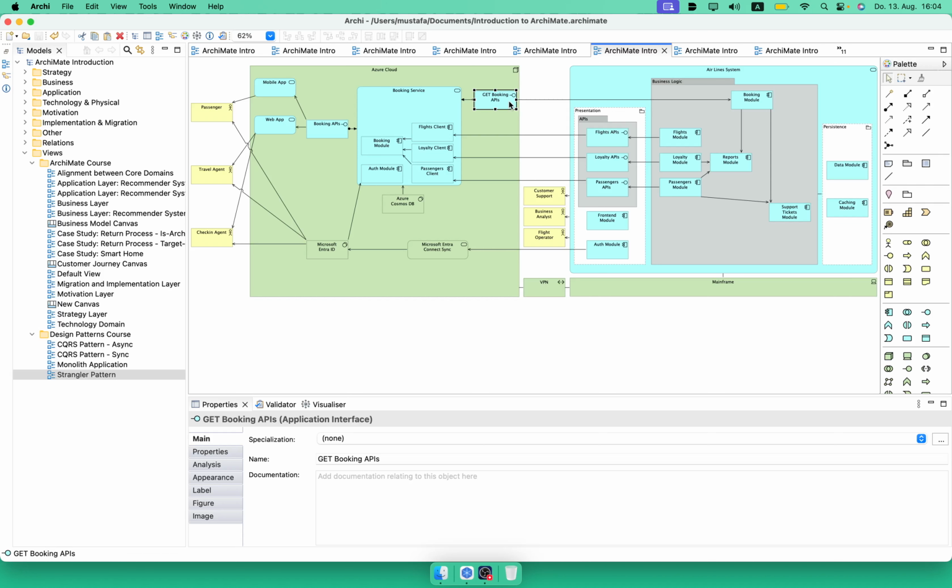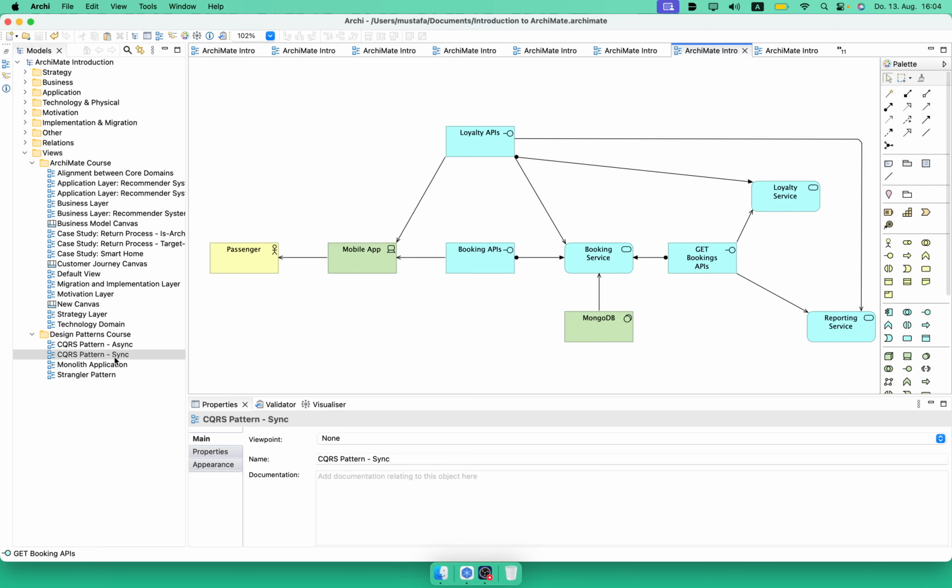We will dive deeper and see two more flavors of this pattern so that you can also benefit from it and apply it in your day-to-day practice. We'll start with the synchronous pattern. Here I have the passenger, and the passenger is being served by the mobile application. The mobile application itself pulls the data from the booking APIs and the Reality APIs, and the direction of the